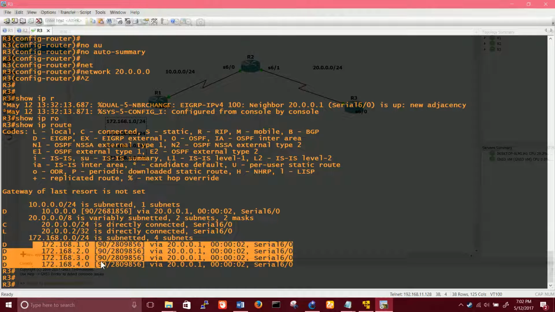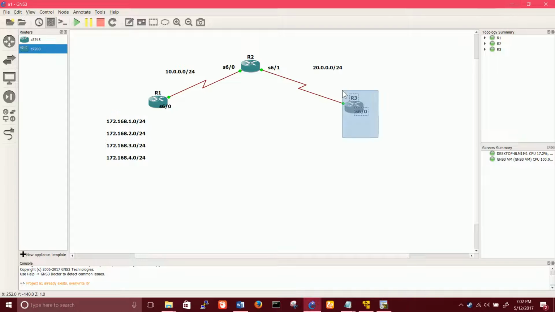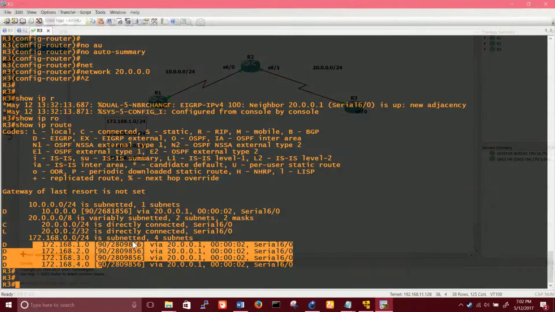So first you will use EIGRP to get the routes. Then only you will say, okay, now let's do route filtering. And it is not data filtering. In data filtering, you can say from here, I should not be able to ping these loopbacks. That is data filtering. Your data will be filtered, but in the routing table, routes will be there. If you want to do that, that is pretty easy.